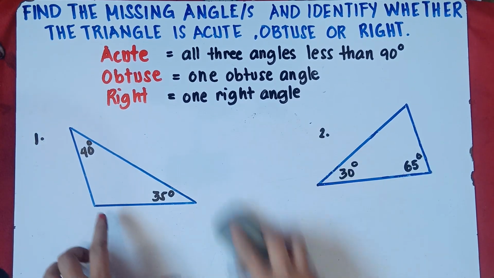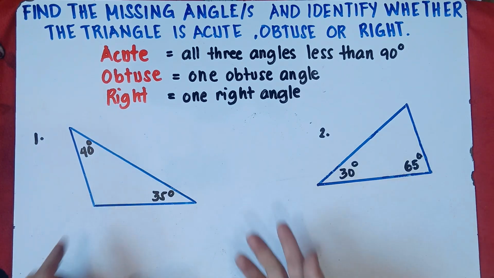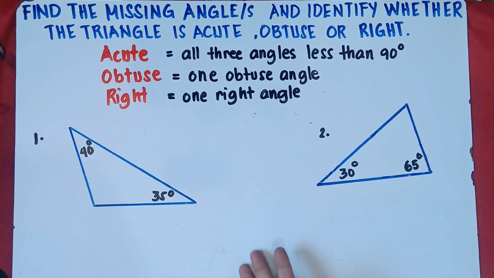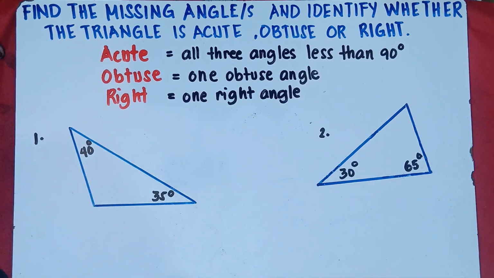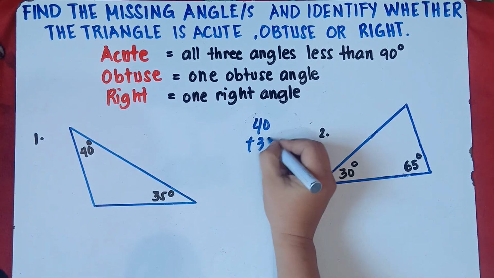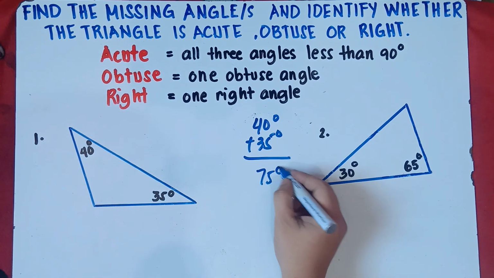Therefore, to get this angle, you can simply add this up and then subtract it from 180. The sum of these two angles, you subtract from 180 to get this angle. That's the simple solution, class. Later on, we will explain the long method in finding the value of this angle. So let's do first the simple solution. Simply add this up. 40 plus 35. Okay, do not forget degrees. 40 degrees plus 35 degrees, that would be 75 degrees, right?